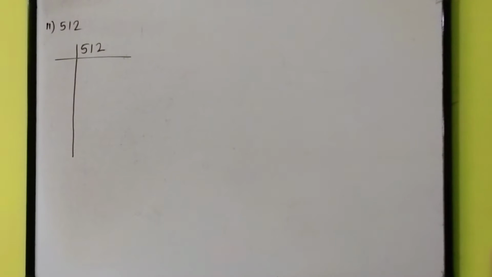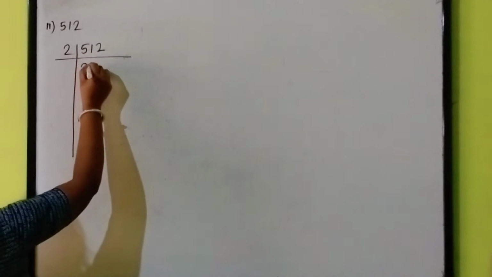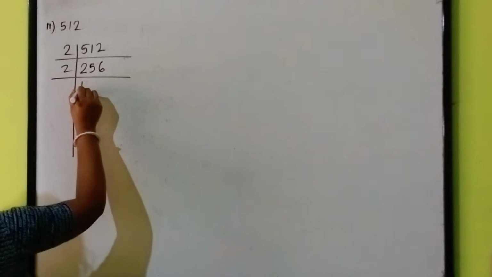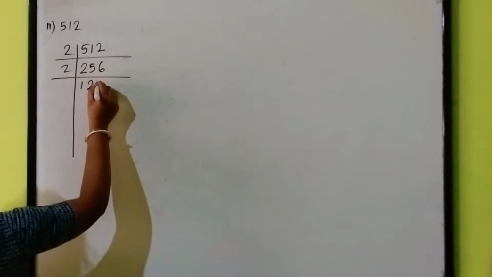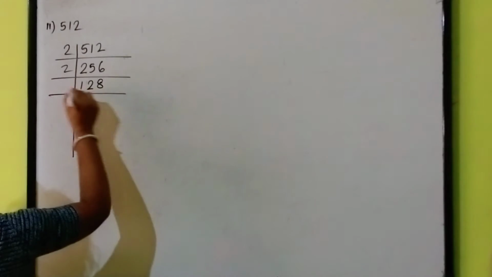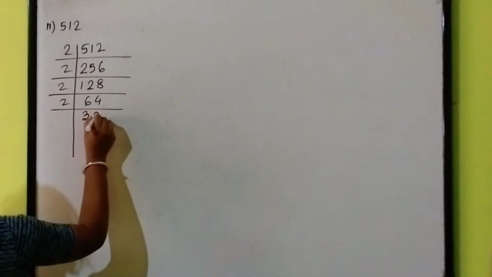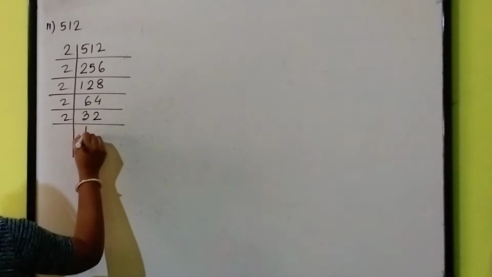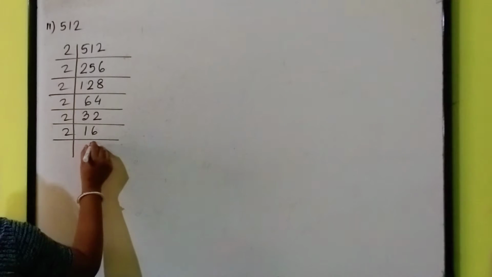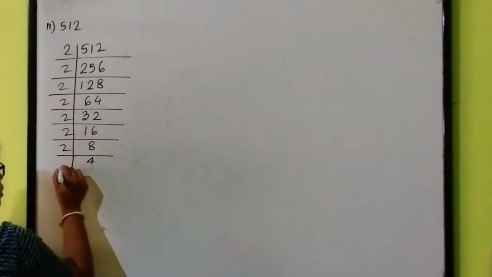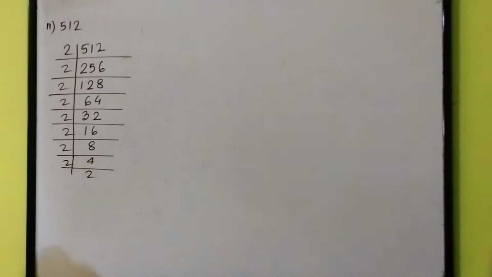Now, let us come to the next question. 512. You have to find out the cube root of this. Let us factorize it. 2 2 is 4, remainder 1, 11, 2 5 is 10, remainder 1, 2 6 is 12. Then 2 1 is 2, 2 2 is 4, remainder 1, 2 8 is 16. Then 2 6 is 12, 2 4 is 8. 2 3 is 6, 2 2 is 4. 2, 16. Now, 2, 8. Clear? Then 2, 4. Then 2 2 is 4. Understood?